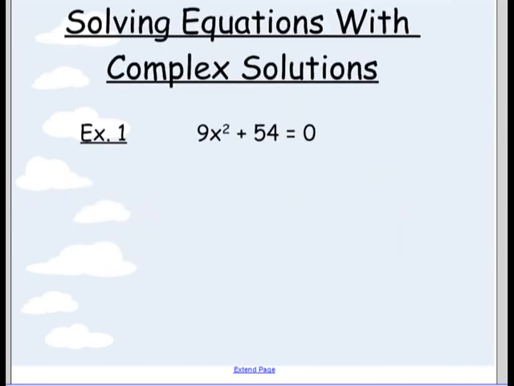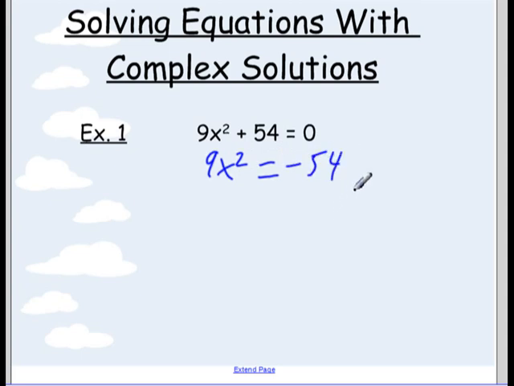Solving equations with complex solutions. So here's a simple example, because you'll notice there's no x term, and if you remember, when there's no x term, equations are much easier to solve if you notice that. So what I'm going to do is just move the 54 over, so this is going to become 9x squared